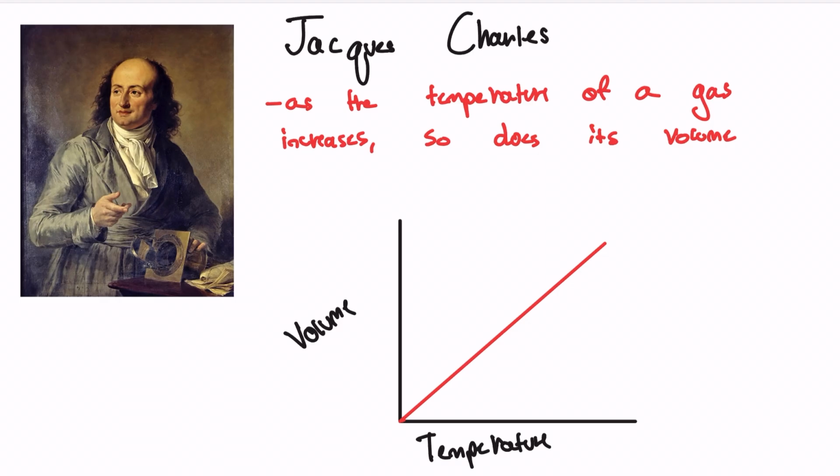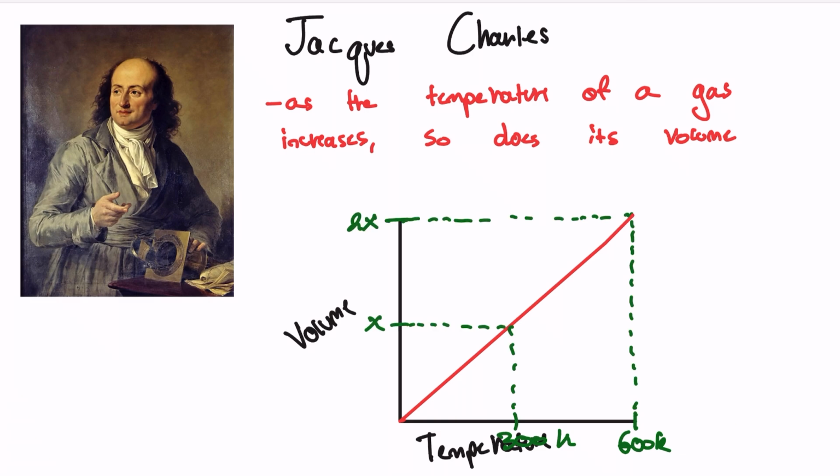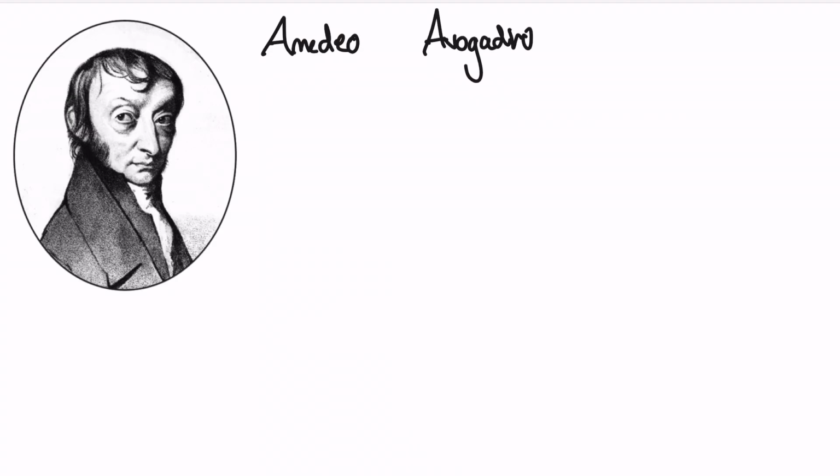If we had a gas with a temperature of 300 Kelvin and we were to increase it to a temperature of 600 Kelvin, then the volume of our gas, originally at x, would also double, now at 2x. In the late 1700s, Amadeo Avogadro, the same guy who gave us that awesome number for the amount